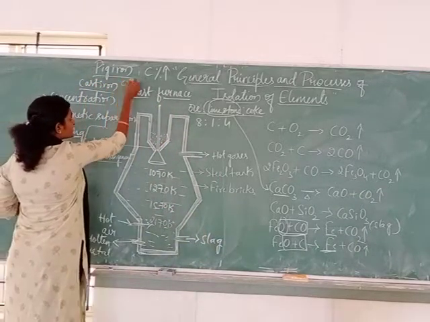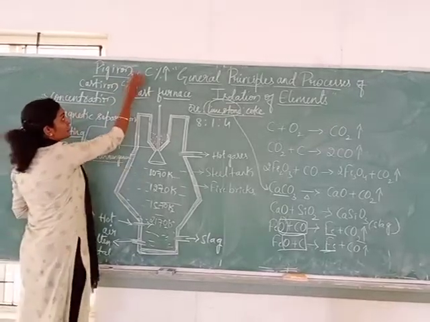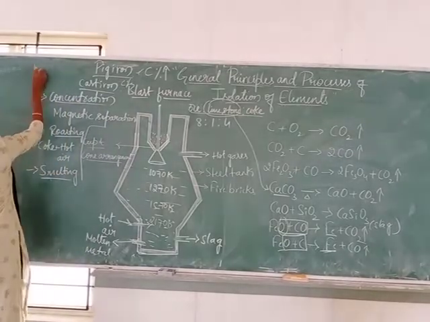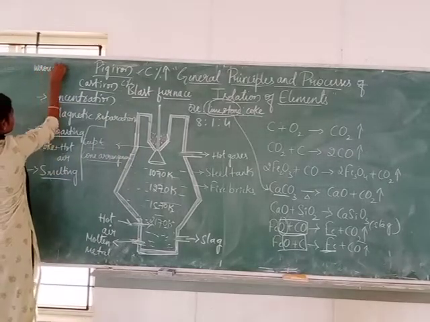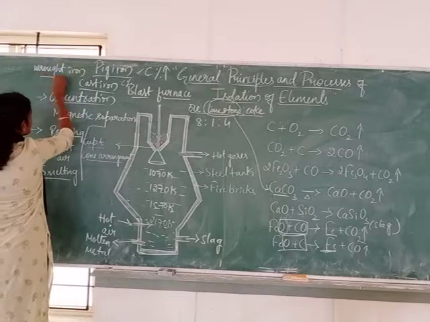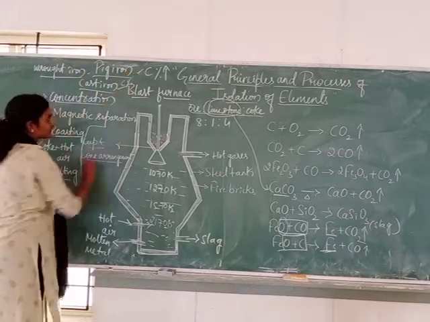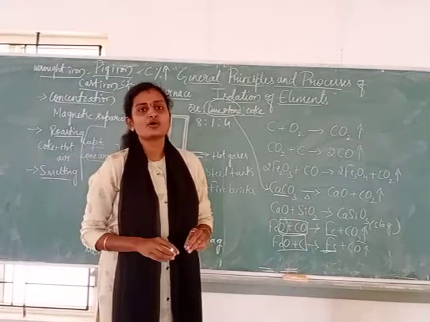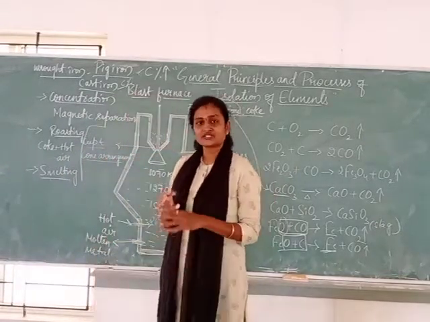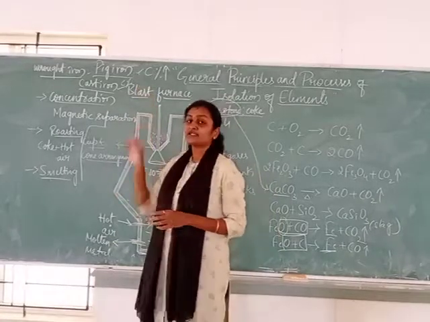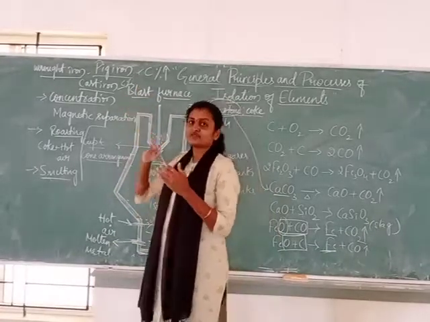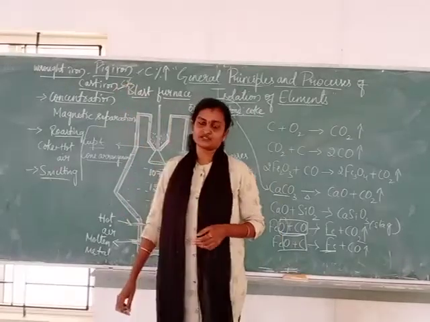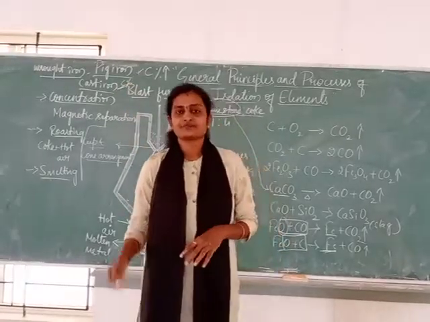This also contains carbon percentage but lesser than this, and again the carbon percentage can be reduced. That is called wrought iron. See, wrought iron, pig iron and cast iron are the different forms of iron. Wrought iron is the purest form of the iron, which is very soft, and pig iron is the impure form. Cast iron is in between pig and wrought iron. This will be used for the construction purpose. Neither brittle nor so soft.